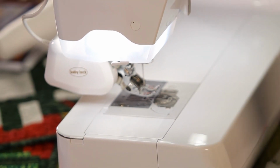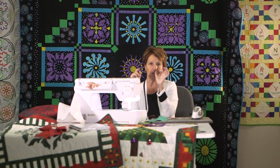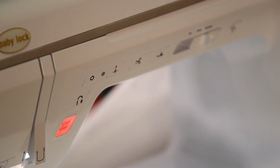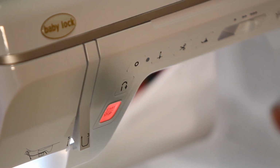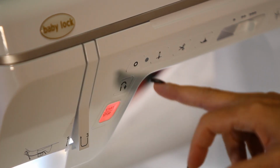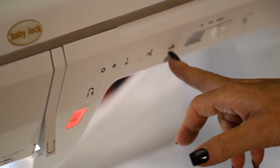So again, it's a button on your machine. It doesn't mean it's an expensive machine. It's usually right around your reverse, it's got a circle on it. Let's see if I can get that on camera a little bit right here. So what that does is, when you reverse, you know what happens, it reverses, right? When I go here, it's going to stop as soon as I say so on my machines. Other machines vary. It's a very important feature in my opinion, that it stops on a dime. I don't want it to stop one more stitch. I want it to stop on a dime. So, stop. The next one's your needle up, needle down, my cutter, my presser foot lifter up and down,